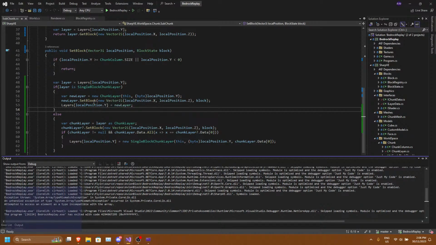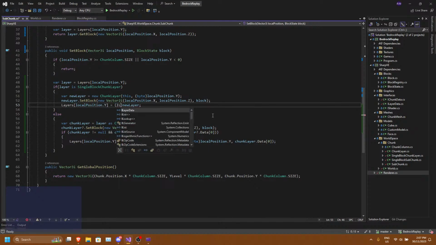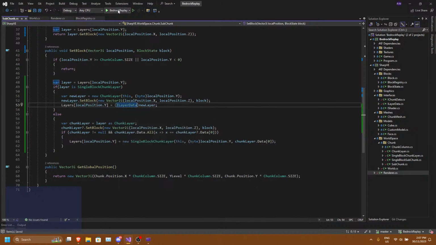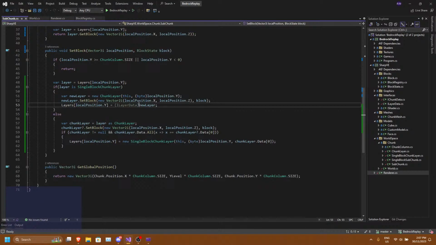That is an ILayerData. I should be able to convert to an ILayerData. What does that mean?